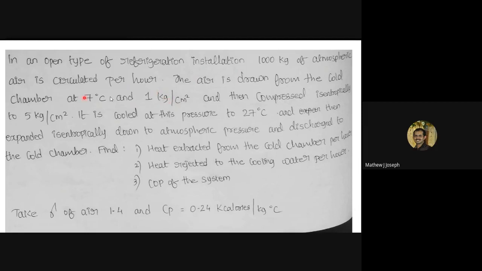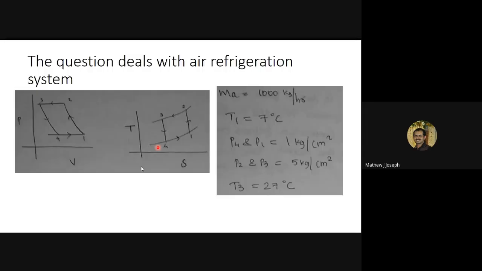So they are talking about the temperature and pressure maintained inside the cold chamber. So where is the cold chamber here? It is the freezer compartment or the refrigeration step. That is during the process 4 to 1. So P4 and P1 will be 1 kilogram per centimeter square, and